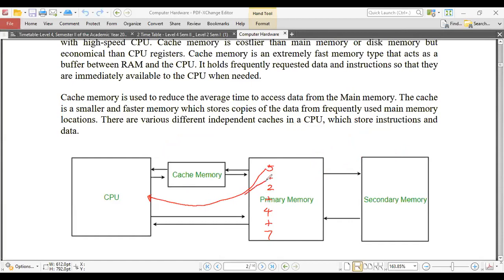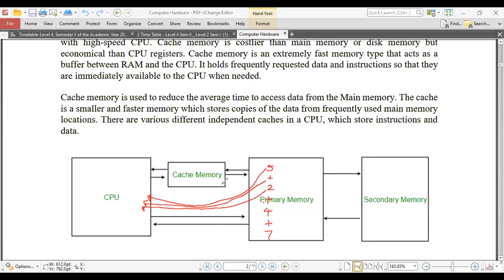After that, this instruction has to be sent there again. After that, again this data. After that, the same instruction, that is the plus, the add. That instruction also has to be sent from primary memory to the CPU. In that case, you can see there is a distance between these two. So through the bus, data bus, address bus, command bus, control bus, right? Using those channels, this data has to flow from primary memory to the CPU.